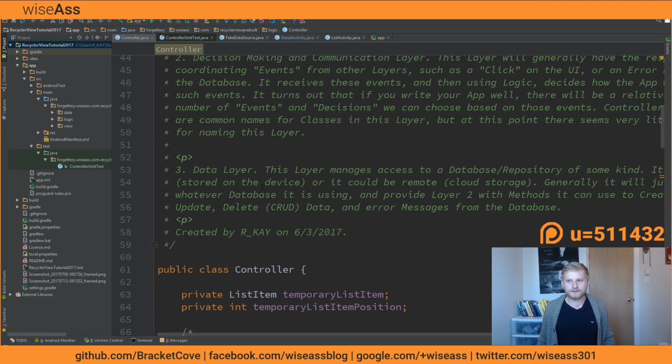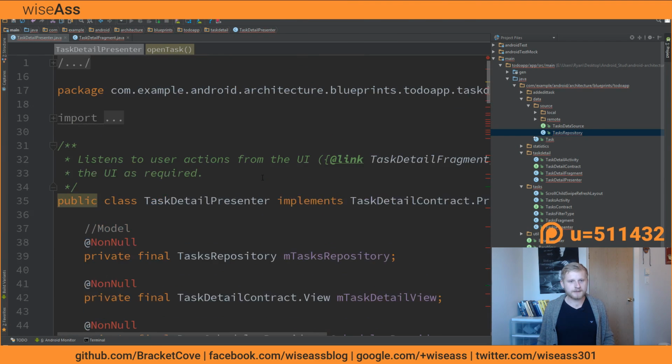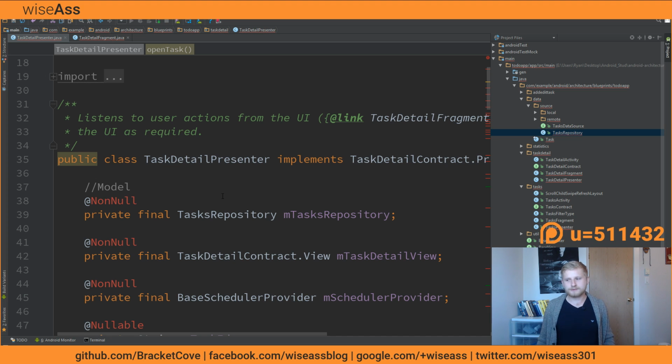There are two more things I'd like to say. Why do we actually think of these things in layers, and how can you actually tell? Let's say, for example, I was looking at this code from my recycler. Actually, let's again look at the blueprints. Let's say, for some reason, someone didn't name these things presenter, fragment, and model. How would I figure out which is which? How could I look at a project without seeing these names and be able to tell which one is a model, which one is a view, and which is a presenter?